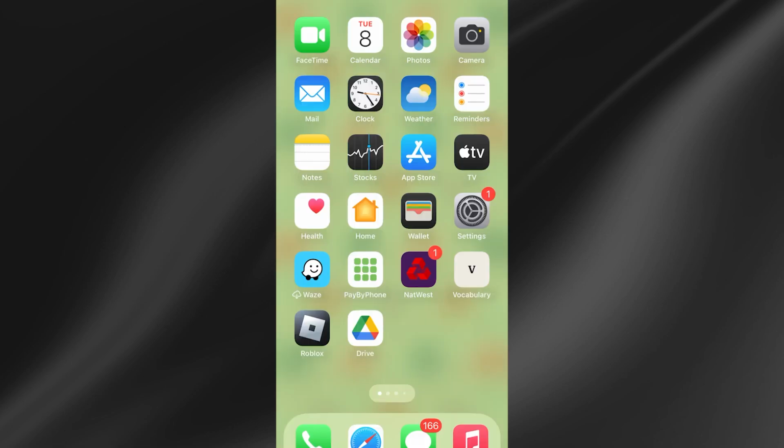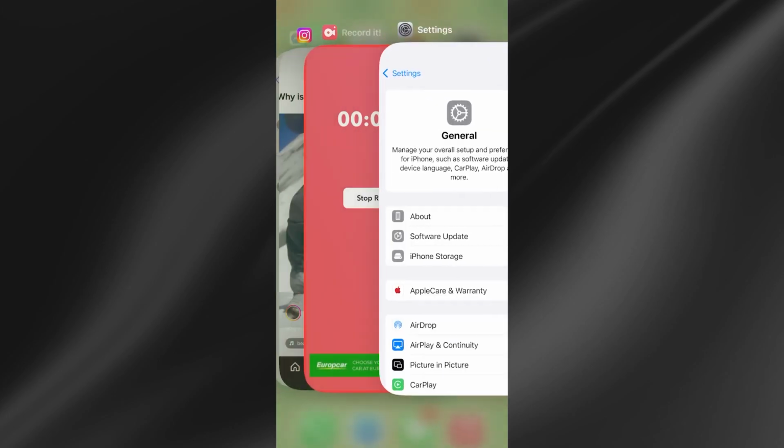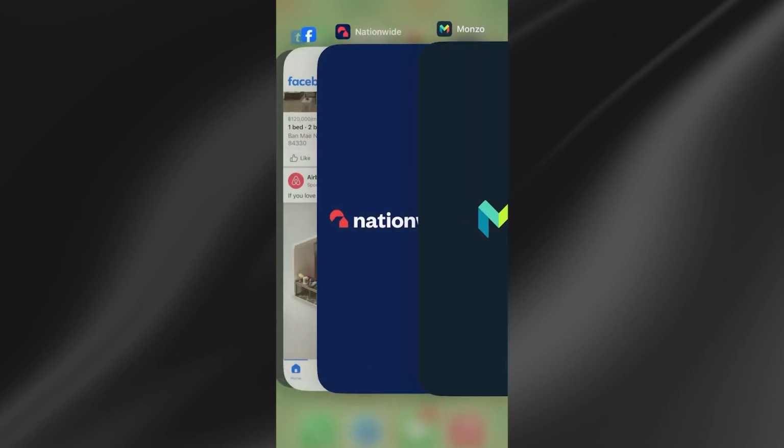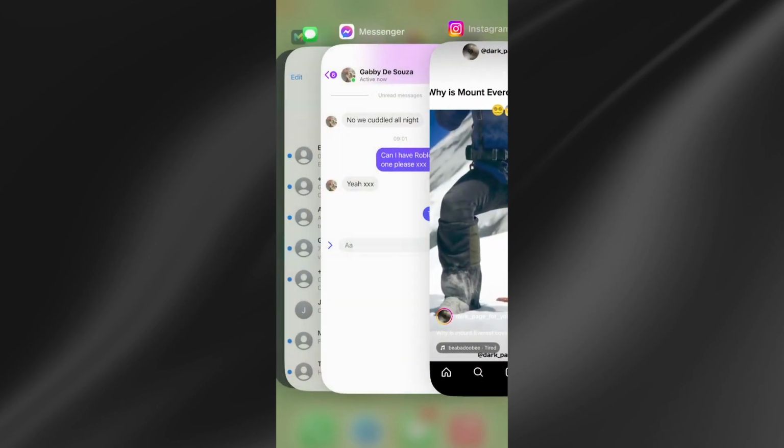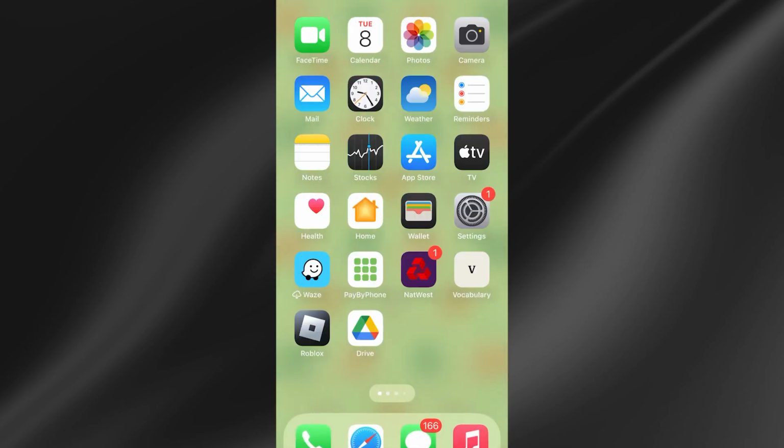Now the last thing you can do to avoid getting this memory issue is just to make sure you've closed down all of your background applications when trying to play Roblox. So you can see here are all the applications I currently have running on my phone. So we just want to close out of each of these and make sure to only have the Roblox application open when we're playing. And once you've performed all of these steps, that should have now fixed the memory issue